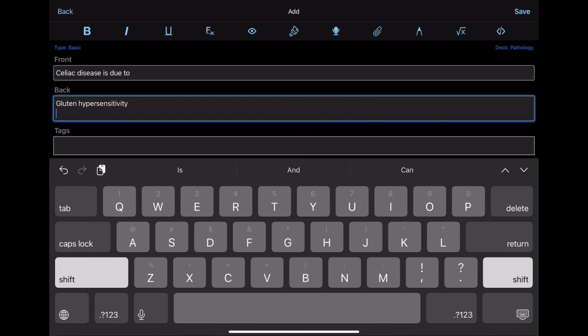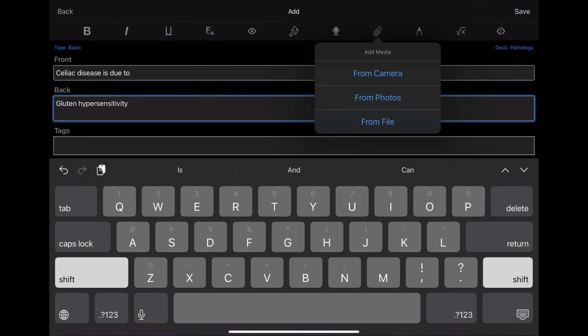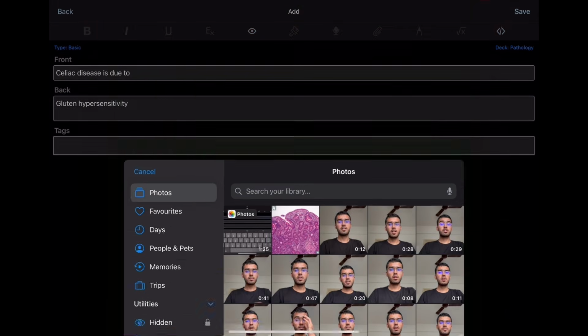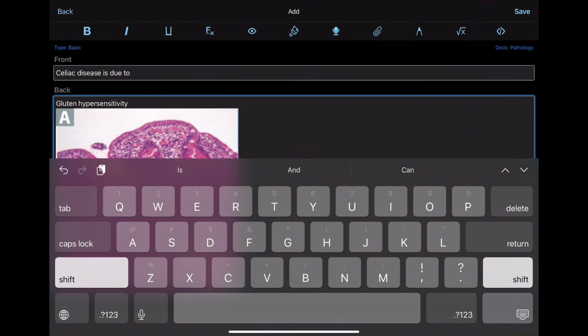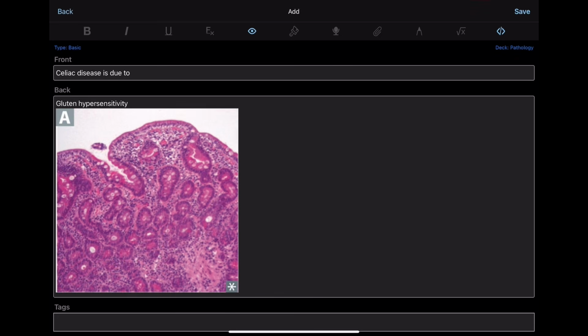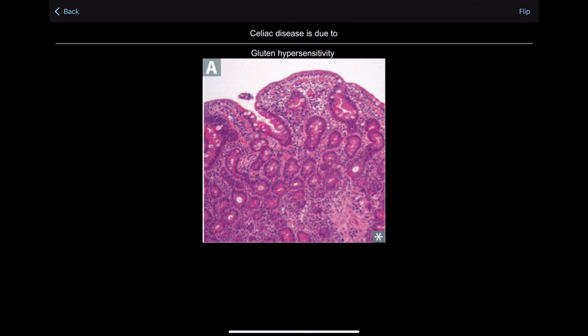hypersensitivity. Now, by clicking on this clip icon, you can also add an image to make it more visual. So here, I'm adding a screenshot I took from First Aid, which is a histopathological slide showing villus atrophy and crypt hyperplasia, as these 2 points are very important and frequently tested. Now you can click on this eye icon here and hit flip to see how your card is going to look before saving it. Now I'm okay with the way my card looks, so I'll go back and then save